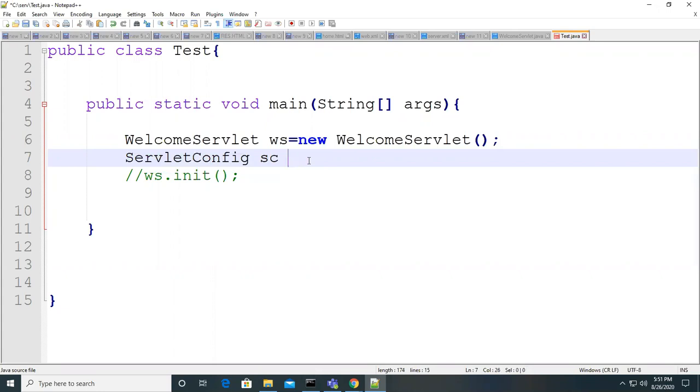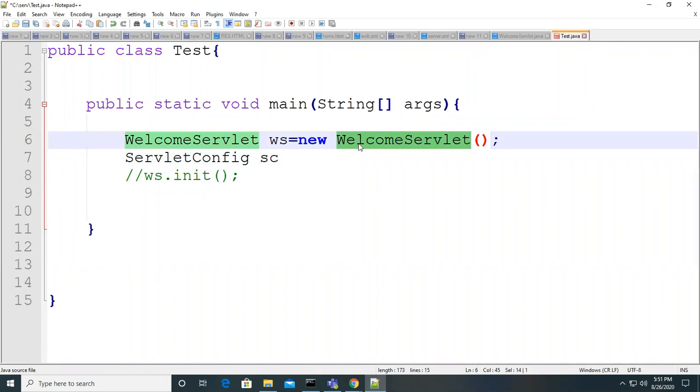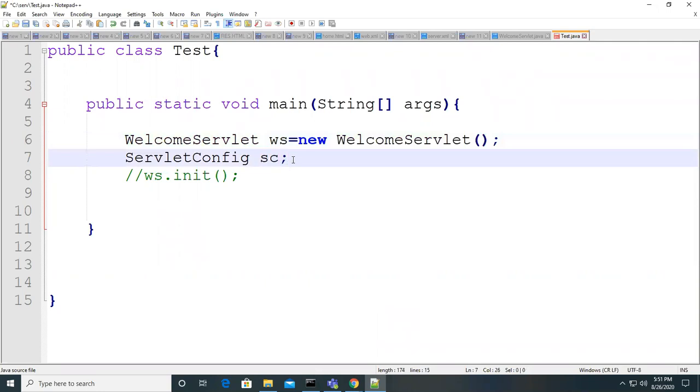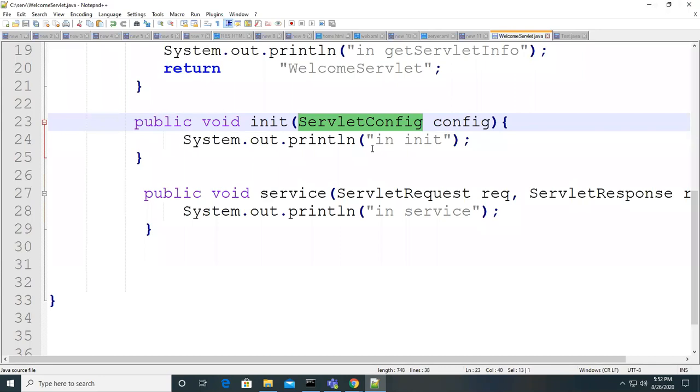New WelcomeServlet? This one. Do you know any class which implements this ServletConfig? No, sir. You don't know, right? We implemented only the Servlet interface.